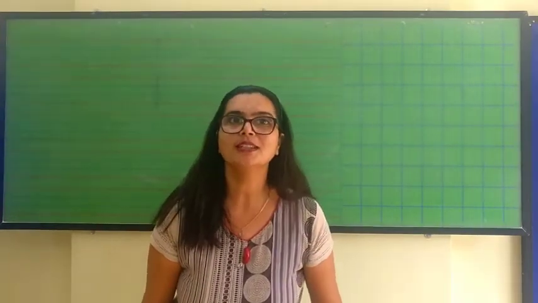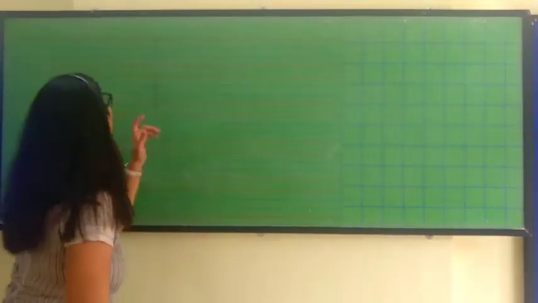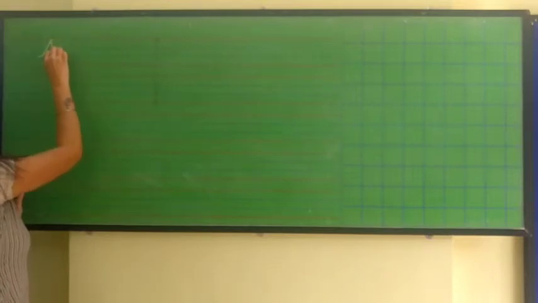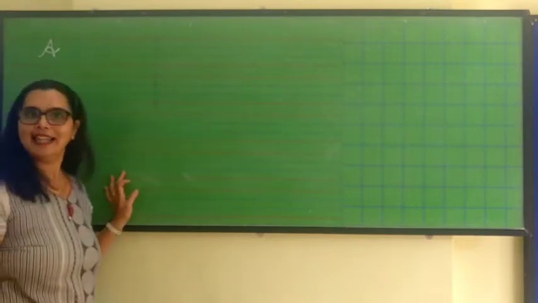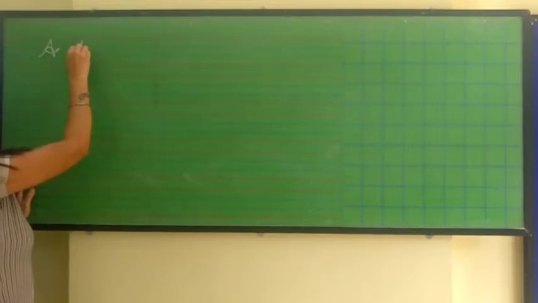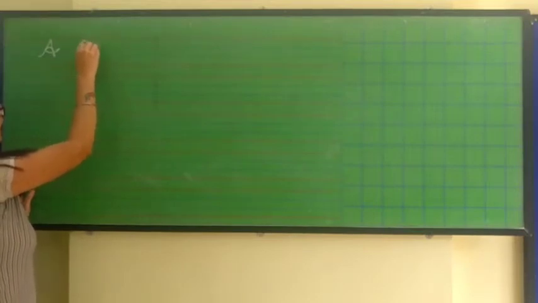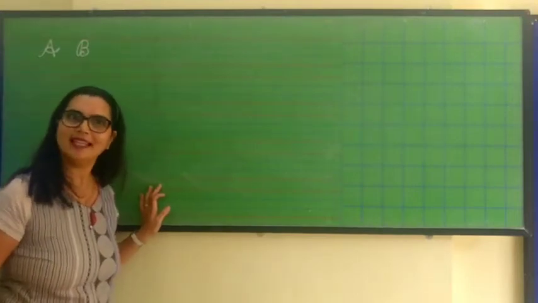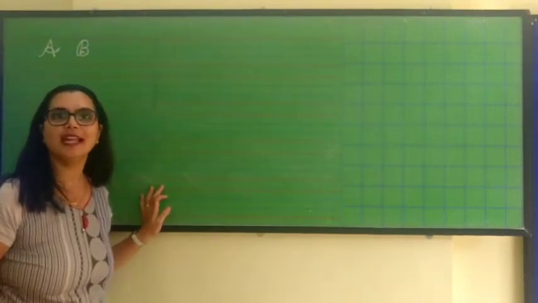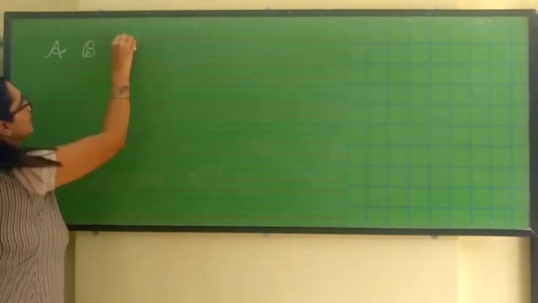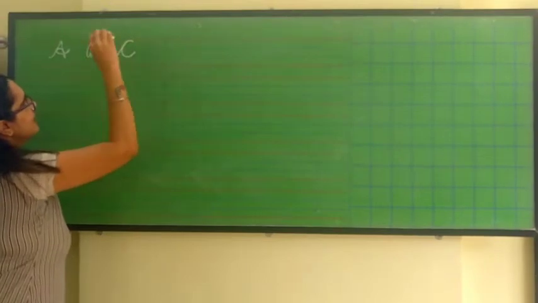So I am going to start with the capital A. So let's start over here. This is cursive capital A. So children, you are going to trace the letters. Let's write capital B. A turn and one more turn. This is cursive capital B. And now let's see how to write cursive capital C. This is cursive capital C.